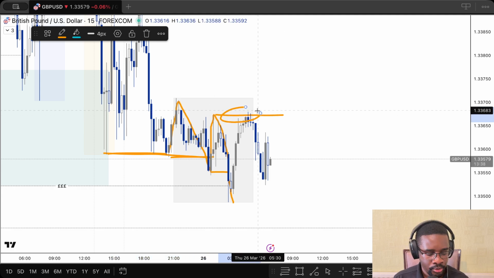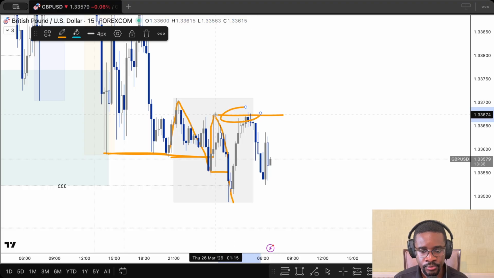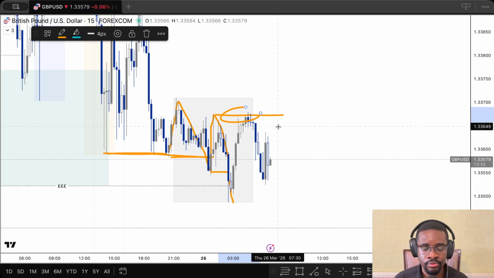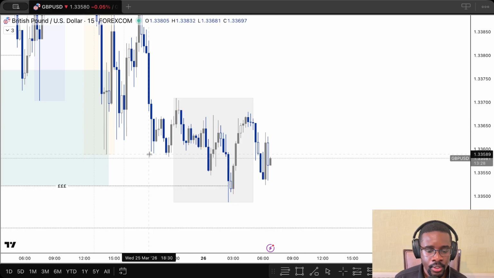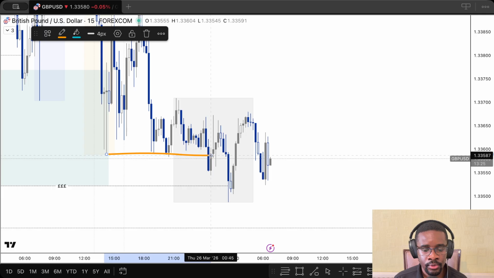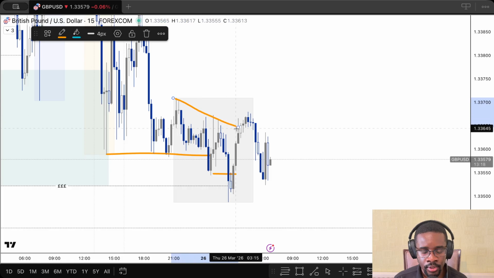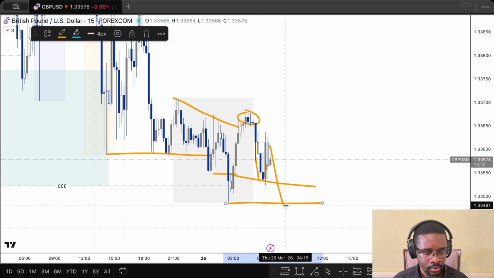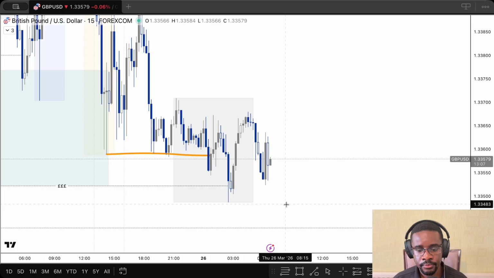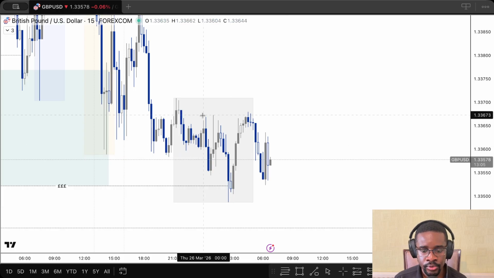So the way I like to have my breaks of structure is with a candle close. That shows me conviction. So we don't have candle closes, it's just been wicks, and then only here, that's where we've had a true break, and down there we kind of have that trend line that's been taken, so we may be expecting price to continue coming down. So right now price is not really clear in terms of what it wants to do,